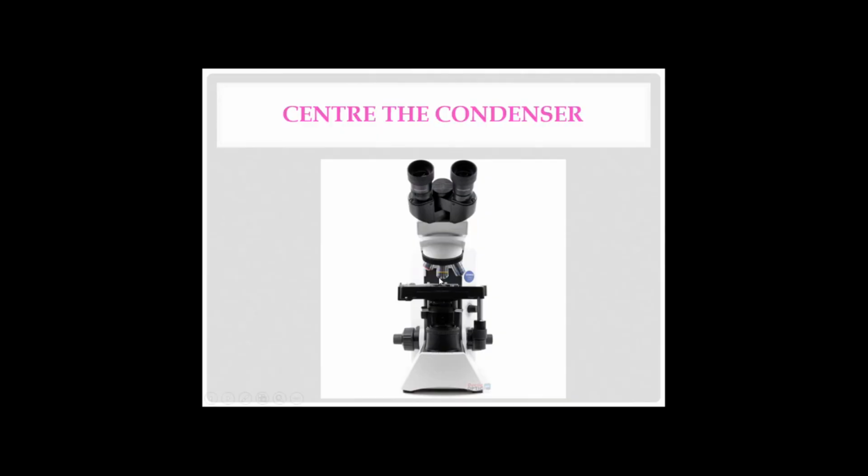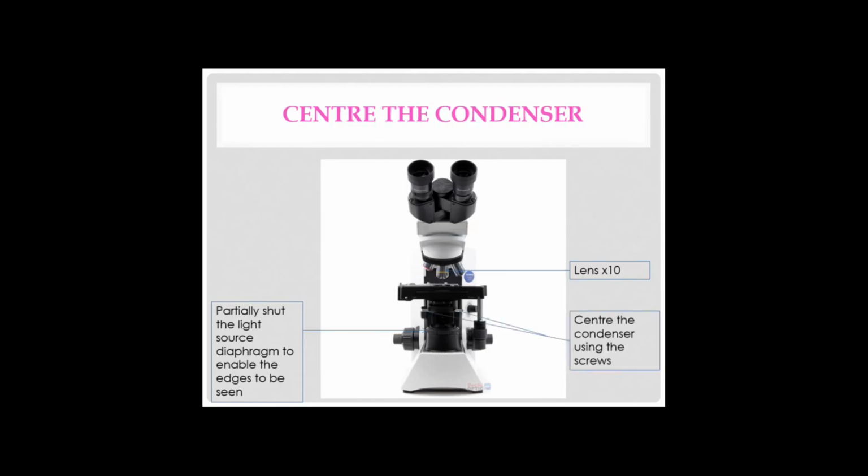The condenser must be central to allow all the optics to be aligned properly. For this to happen, you need to have the condenser in a central position. It can be adjusted, and I will show you here how to do that. Here, you can see the 10 times magnification lens. You need to shut the diaphragm on the light source sufficiently to be able to see its contours when you look into the microscope. You use these little screws situated on each side here until the middle of the light source is in the center of your field of view.